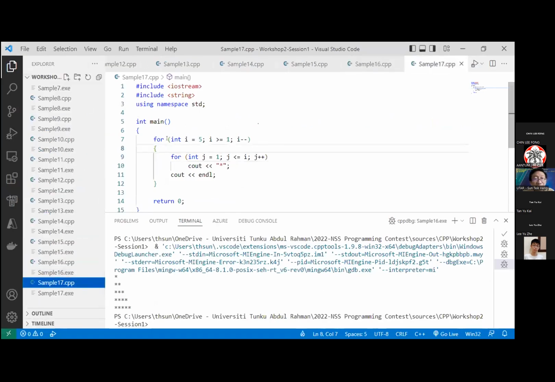So now you can see here we have made changes to the outer for loop. So we start with 5 and we check that the value for the variable I is greater than or equal to 1. Every time we loop, we will decrement the value for I. So the inner for loop is still the same, but remember, we start with I equal to 5. That means this condition here will allow this inner for loop to loop for 5 times. Because of that, you'll get 5 stars